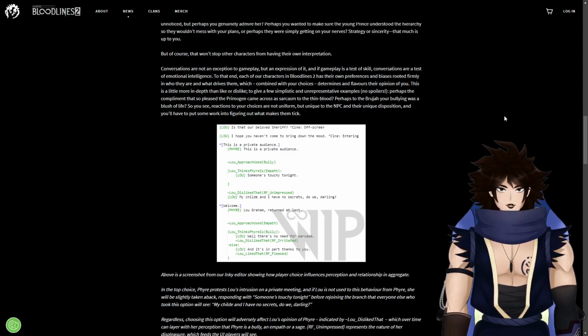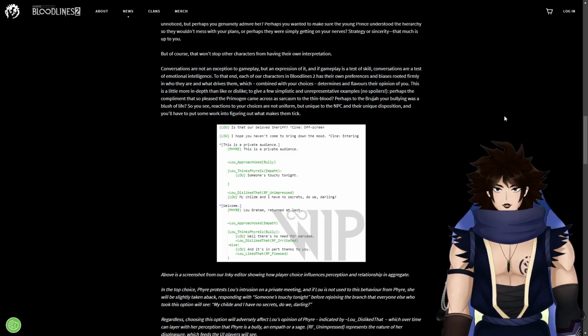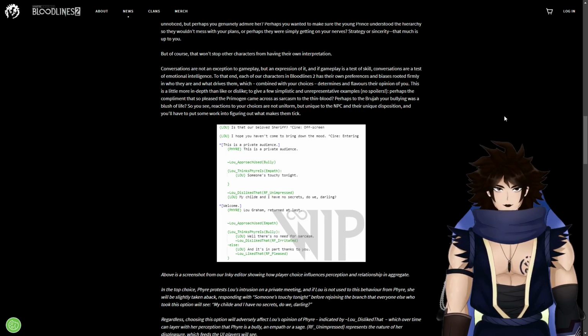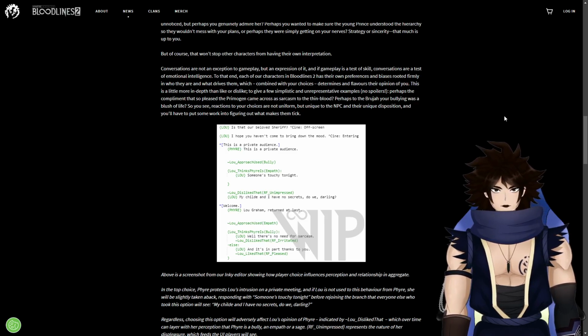Here are a few simplistic, unrepresentative examples, so, no spoilers. Perhaps the compliment that you so pleased the Primogen came across as sarcasm to the Thin-Blood. Perhaps to the Bruja, your bullying was a blush of life. You see, reactions to your choices are not uniform, but unique to the NPC and their unique disposition. And you'll have to put some work into figuring out what makes them tick.